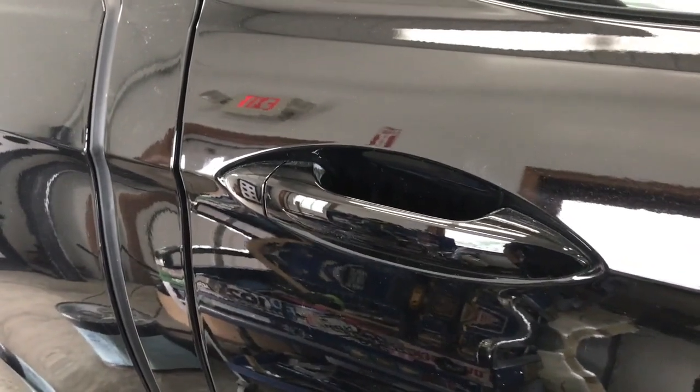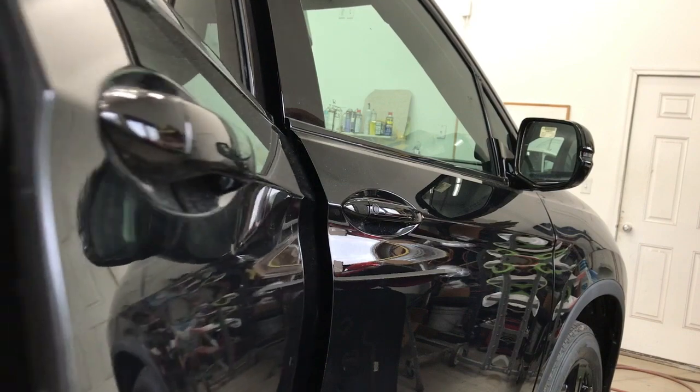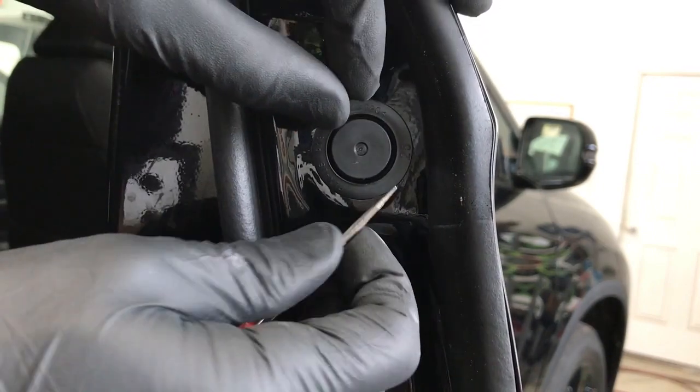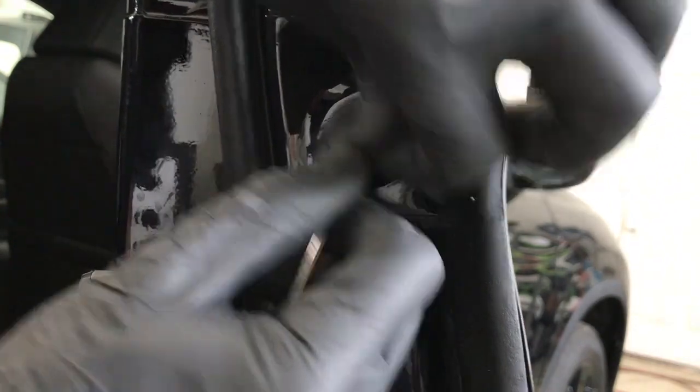In this video I'm going to show you how to remove your rear door handle on a 2018 Honda Ridgeline. Start out by opening up your door, and on the inside of the door jamb right here we're going to have to remove this cap. So take a small flathead screwdriver and carefully peel off this rubber cap,